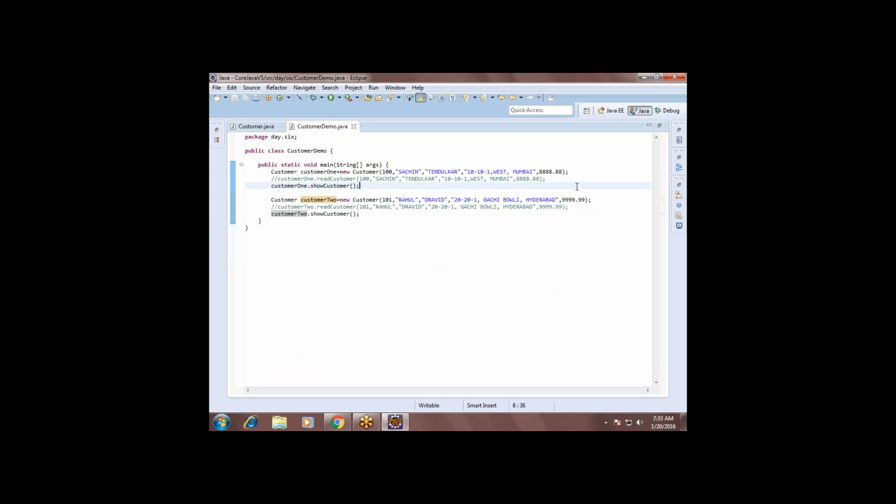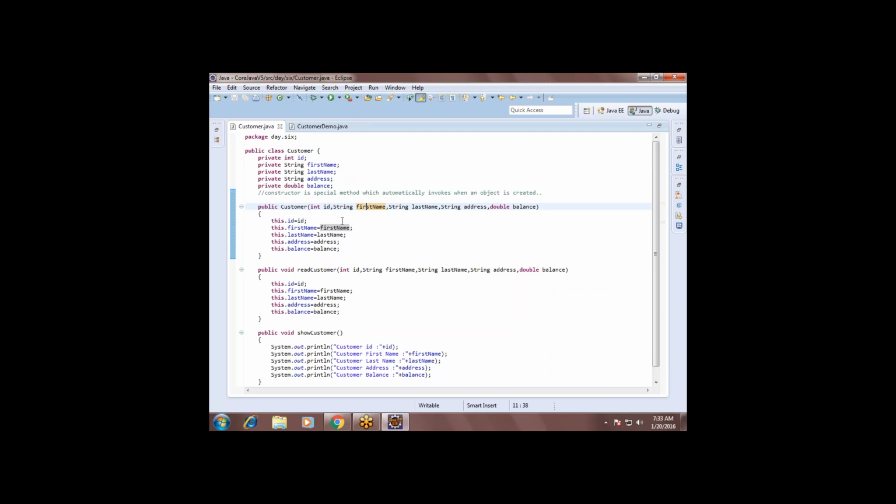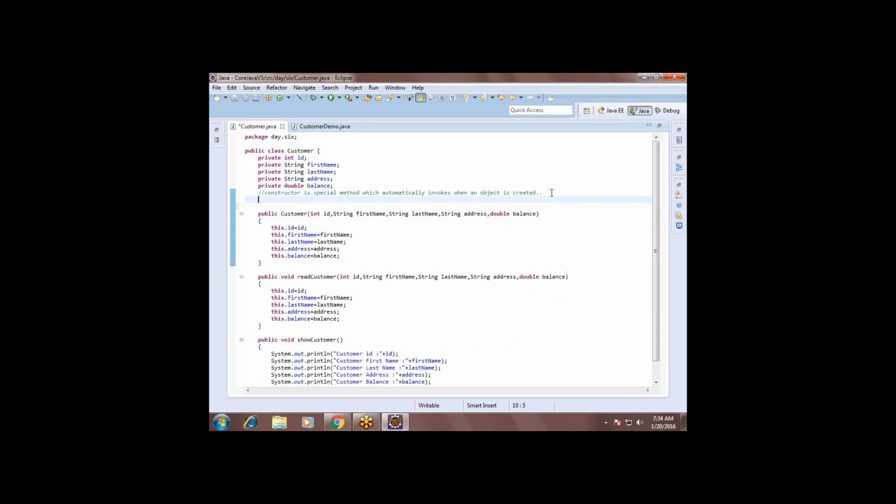Done? Is it clear? So a constructor is a special method which automatically invokes when an object is created, and a constructor does not return any value, not even void.